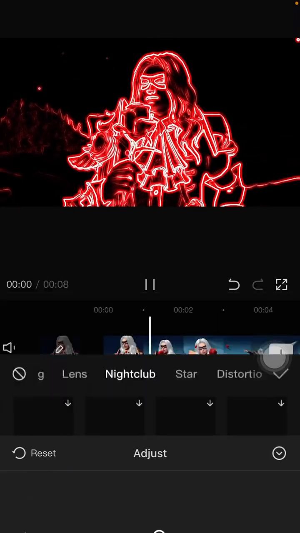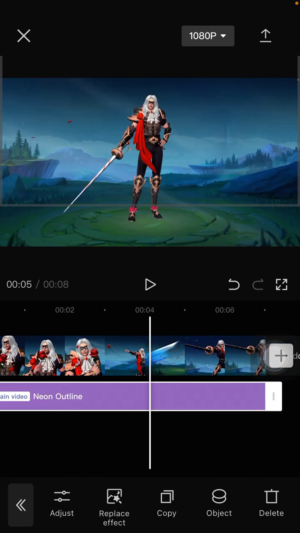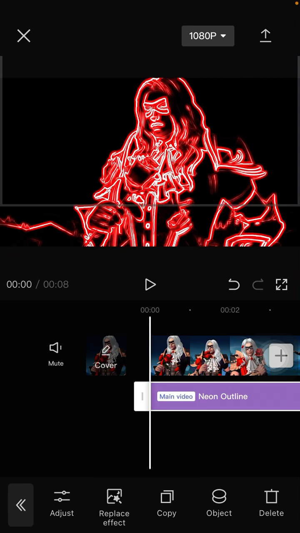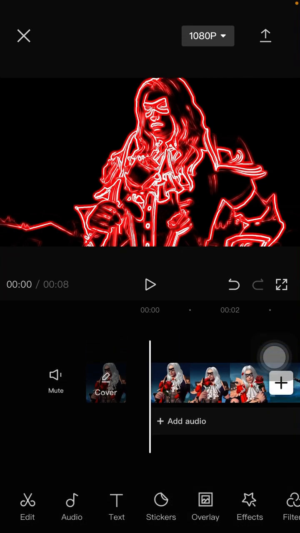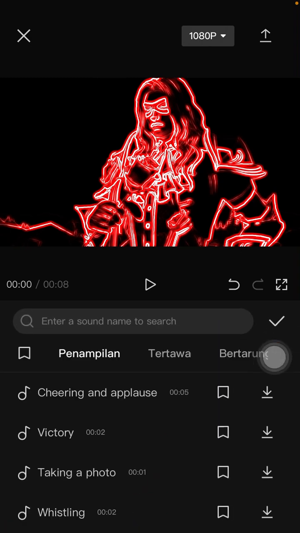Check marks. Just set the duration to the same length as the video, and you are just going to select audio and select effect. Sorry,